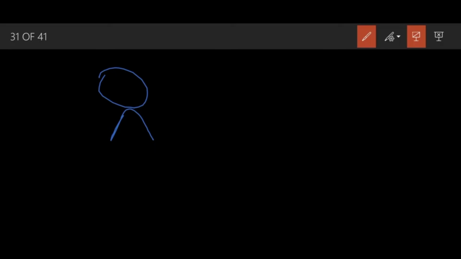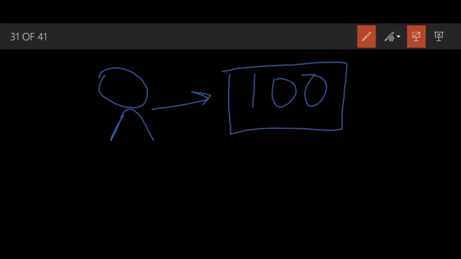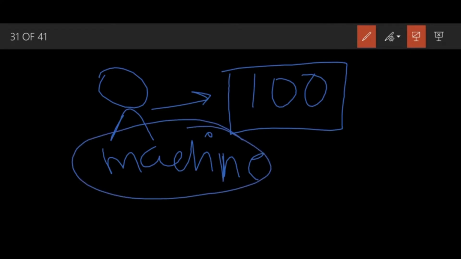Basically, suppose there is a person who packs 100 boxes by a machine. He is not directly associated with the labor cost of this particular box, because in a single turn he packs 100 units of a product with the help of a machine. So his labor cost will be assigned to each and every unit of these 100 units indirectly.